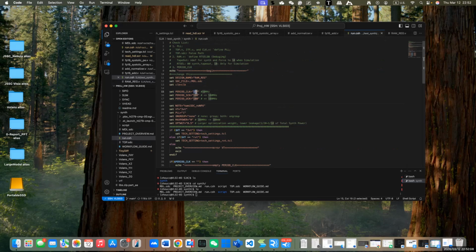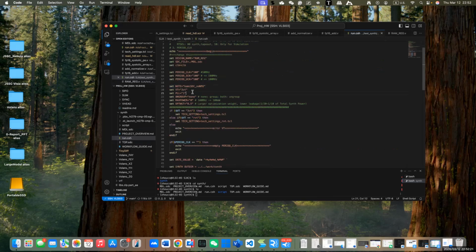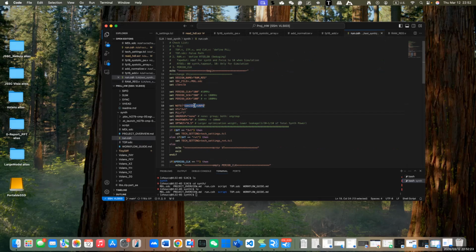This is the period for the clock, and the unit is nanoseconds. So it's 100 nanoseconds, so it's 10 megahertz. And this is the node. You can enter any word, which is helpful to mark the